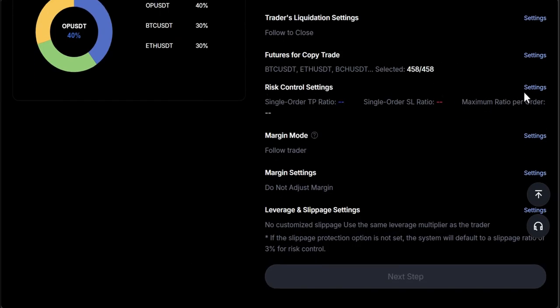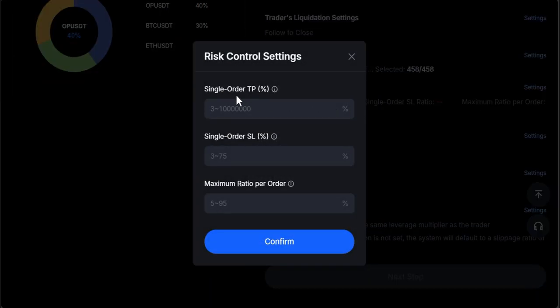In here, you can see single order, take profit ratio. It automatically closes your position when it reaches a certain profit percentage. For example, if you set a 20% take profit and your trade goes up 20%, it will automatically close and